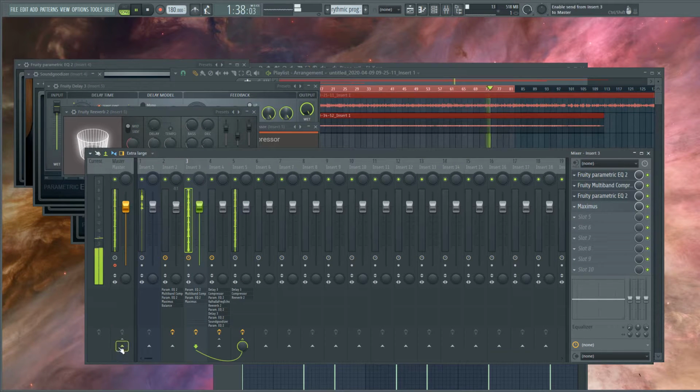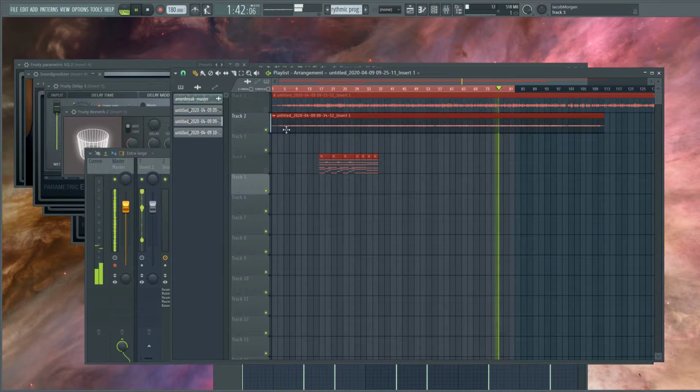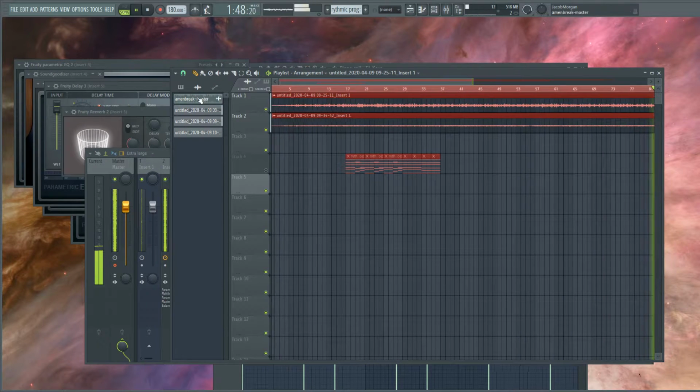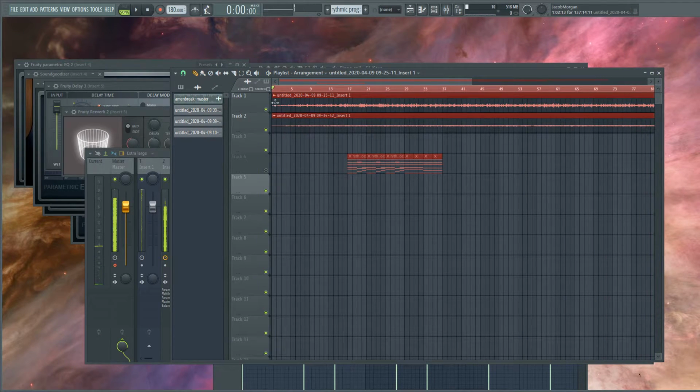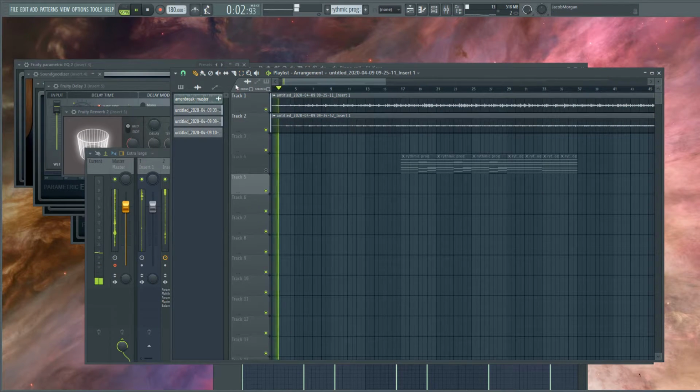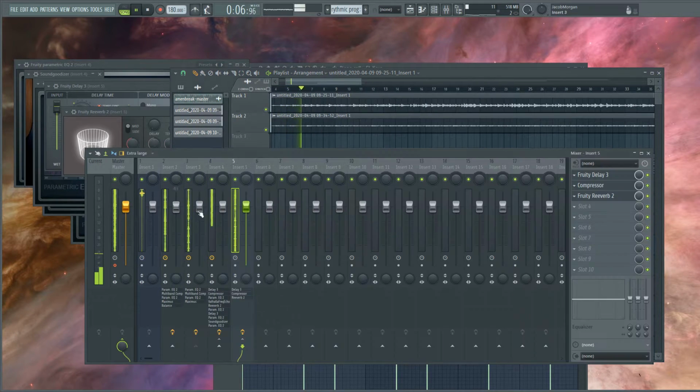Okay, that works. Yeah. So, now I have... This is like so washed out and saturated. I love it. Check this out. So, I'm gonna take...